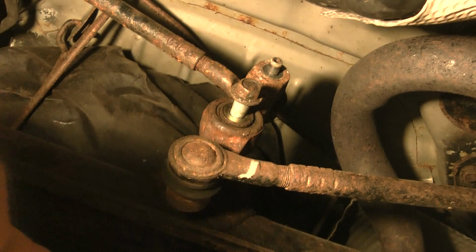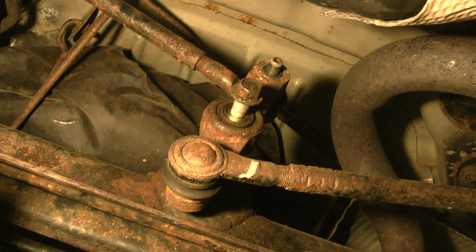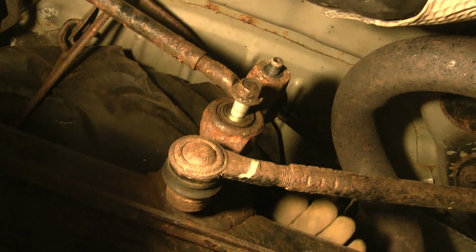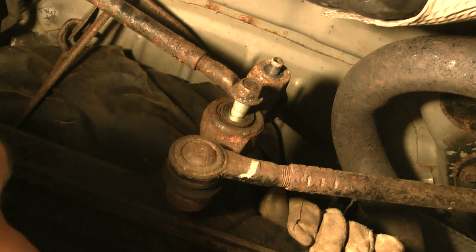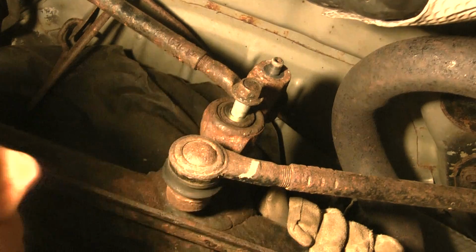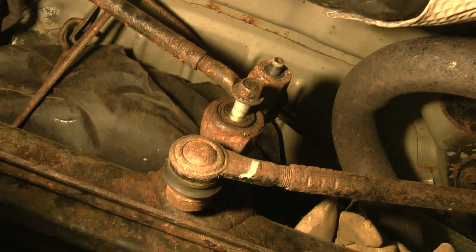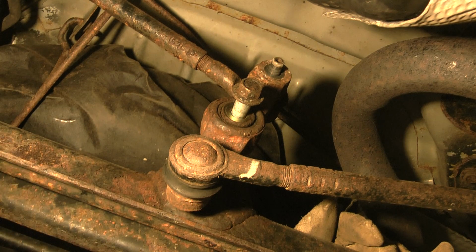Mine came off real easy. I used that WD-40, that blue torch stuff. First thing I did, a couple weeks ago, I got some Naval Jelly, that rust remover stuff. I just put that all around the bolts, and let it sit maybe a couple of hours to eat all the way through, and then I took some